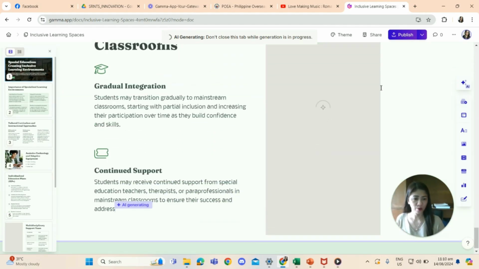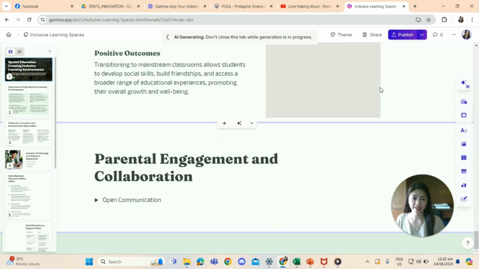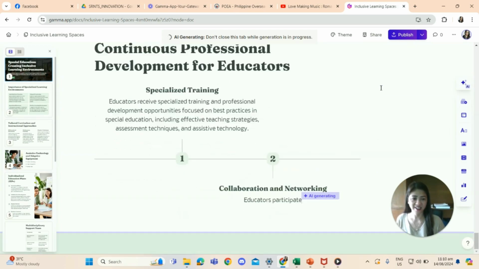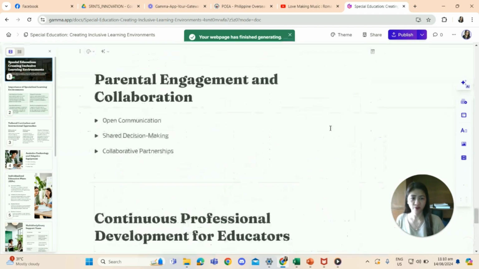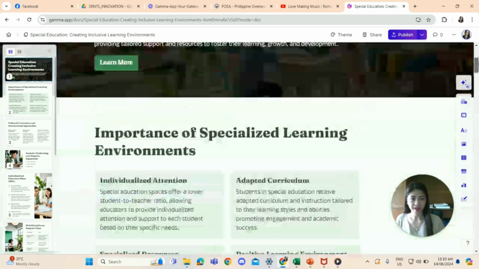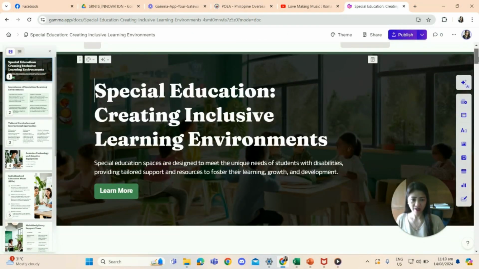So it's easy to create a website using Gamma app. It is an instant website. But of course, we have to edit the area or the text, even the content of our website. If you want to make it personalized, just do it. We have here the buttons theme, share, and publish.